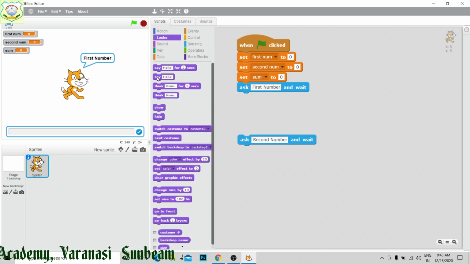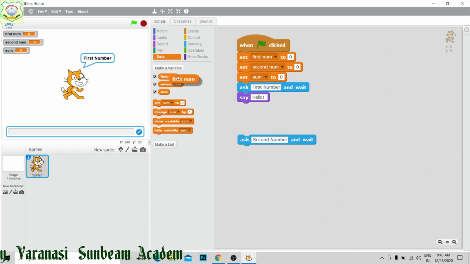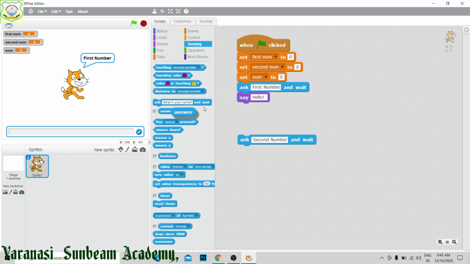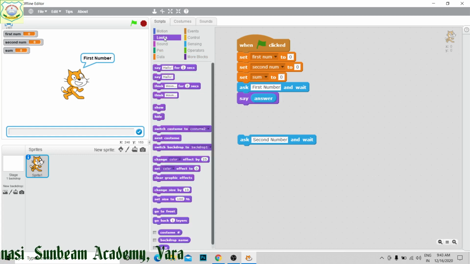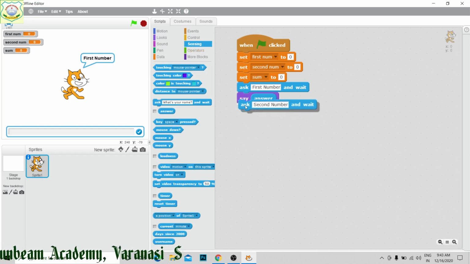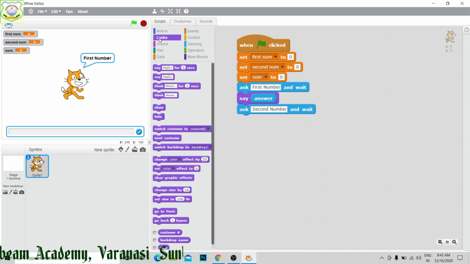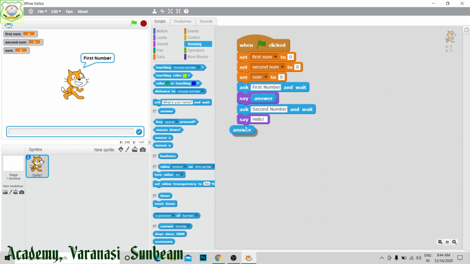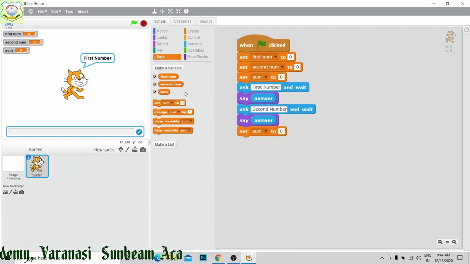In looks, say, then... okay, then second number, then say and answer. Then we are going to add these two, set sum to, then